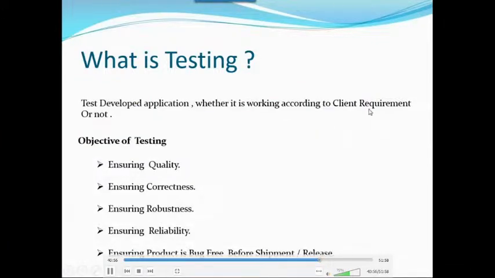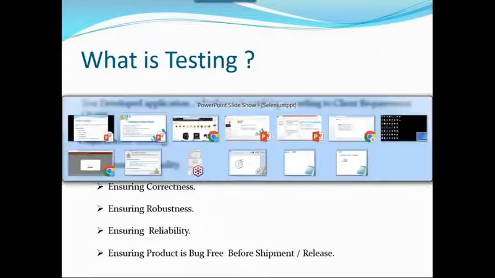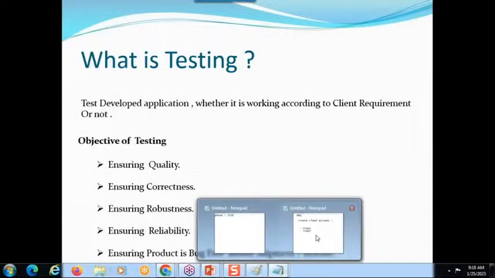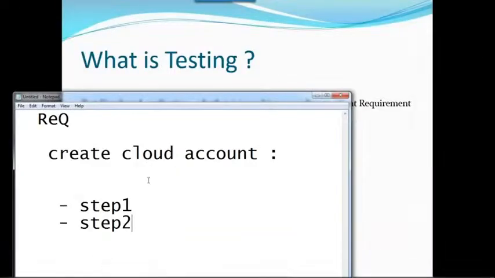That is what I told you, right? As a testing team, we always follow the requirement. How can you say that it is working as expected? Suppose what is given in the requirements and what you are getting in the output are both the same, that means you can say it is working as expected. Actual result is equal to expected result. So you can say that it is working as expected.